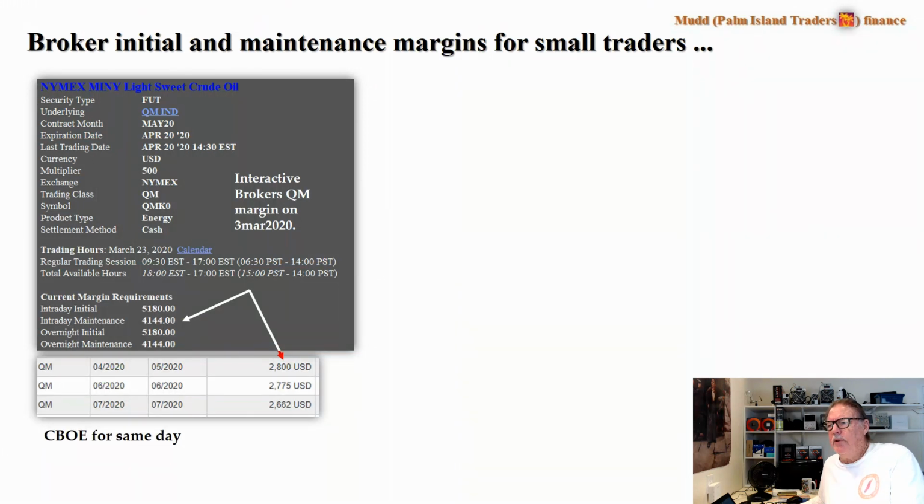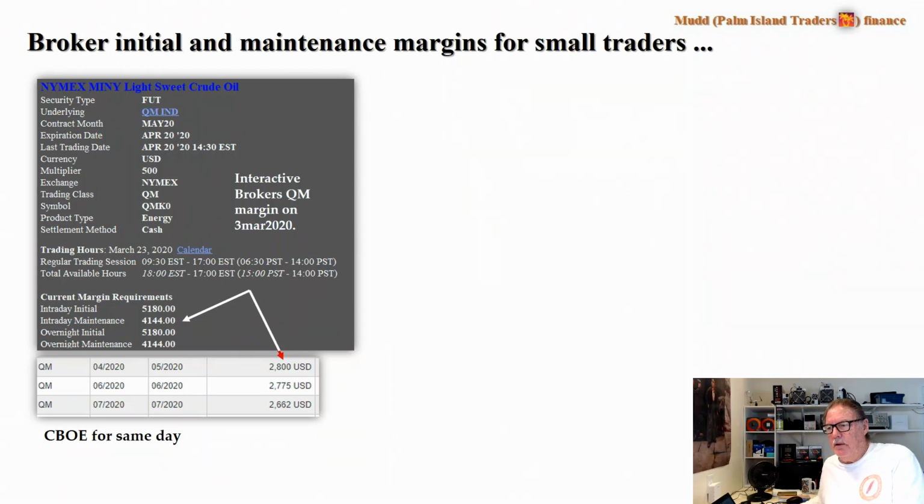Now, when I talk about the broker initial and maintenance margin for small traders, you can see the difference here. Take a look down there at QM on the CBOE, and you can see that they actually have a different margin for each contract, 2,800 for the, I don't know if that's got to be the May contract, and then 2,775 for the June contract, 2,662 for the July contract, but we're in the May contract, and the interactive broker's margin for that is not $2,800. It's initial margin of